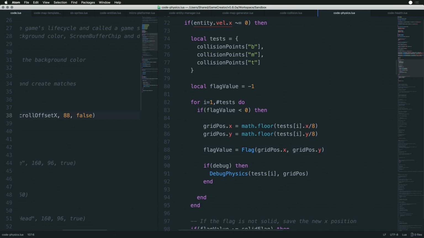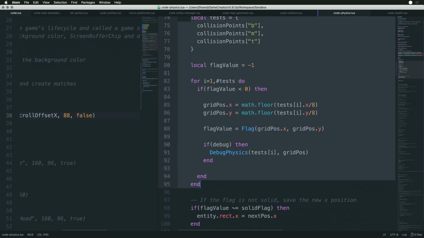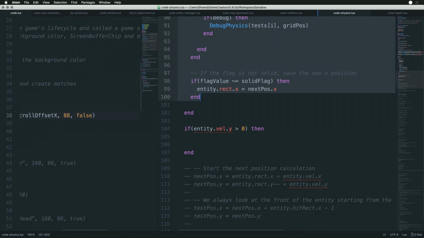And we'll just assume that the player has to be on the center point in order for him to be on the ground. So we're going to literally do the same exact thing here. The only difference is that we just need one test. So we don't have to loop through all this, but I'm going to copy this over anyways,